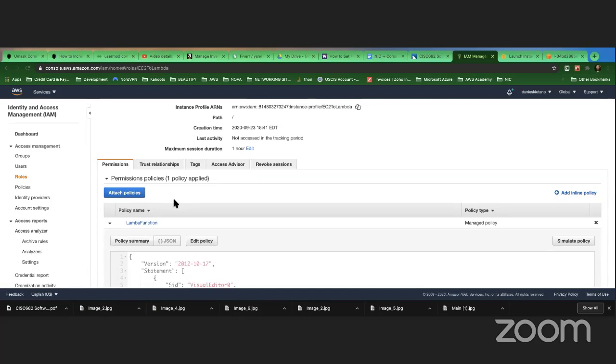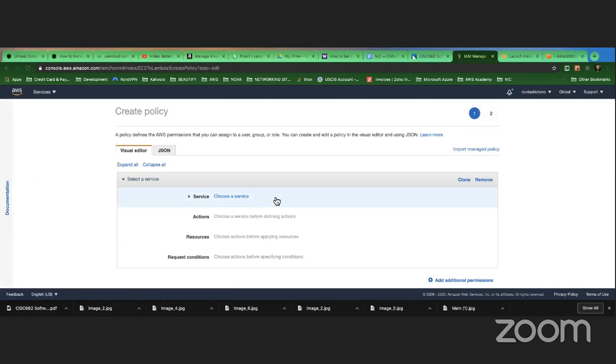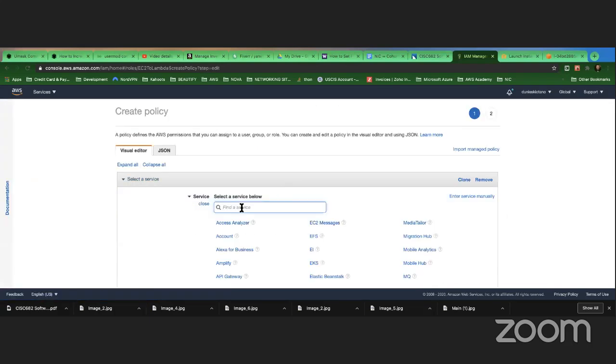Now I can add an inline policy right here. An inline policy is a policy that applies to only one service. So I can choose the service here, EC2.